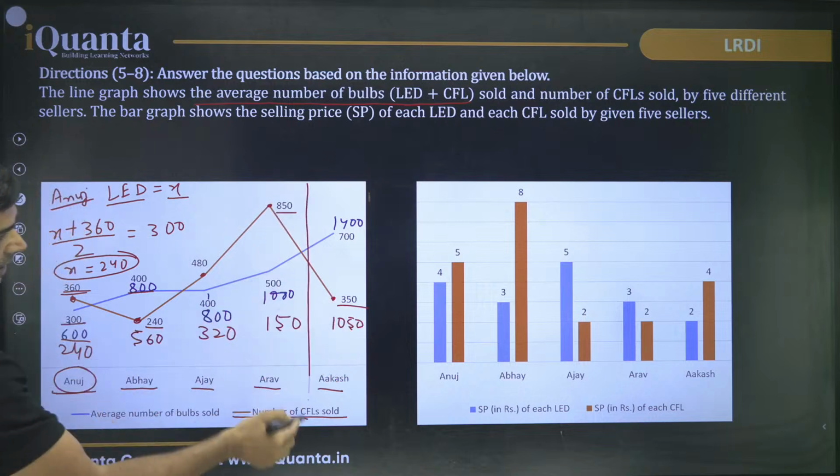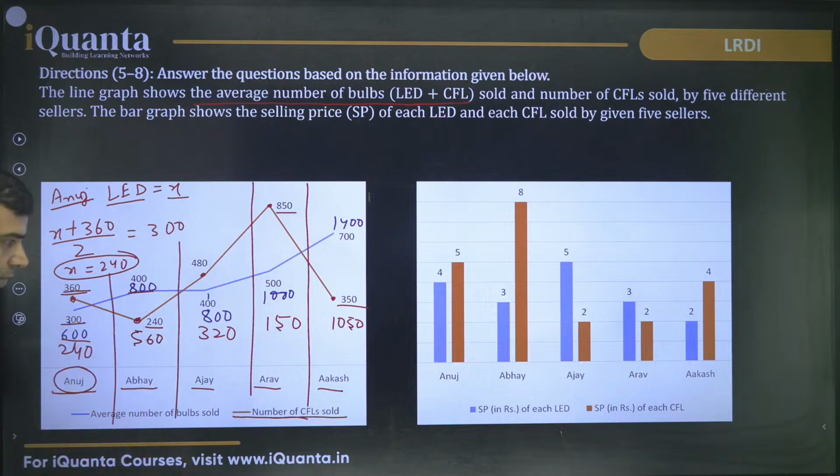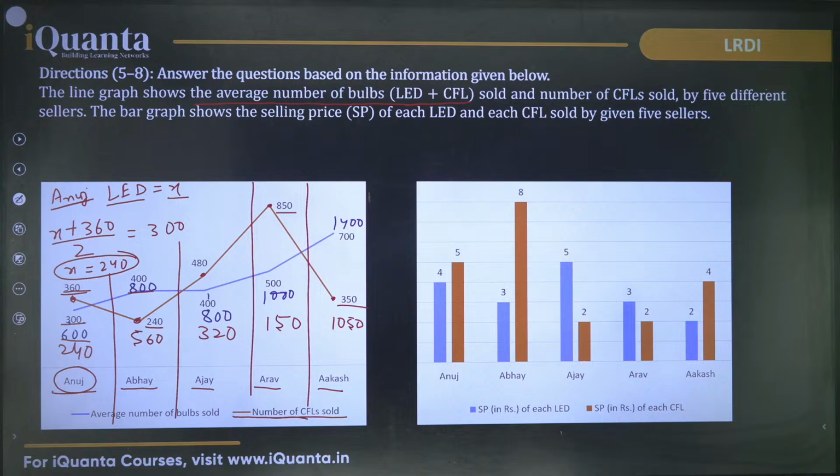Do we have all the values in place? Samajh aa rahi hai baat? Can we see some response here? Do we understand this? So for all the people, we have already calculated. So I think most of you can see that this is a much easier set, much easier question. Yes, can you respond by mentioning whether you find it easy to understand or not?